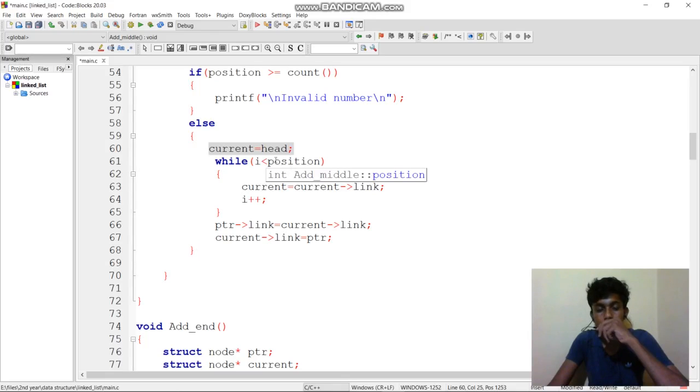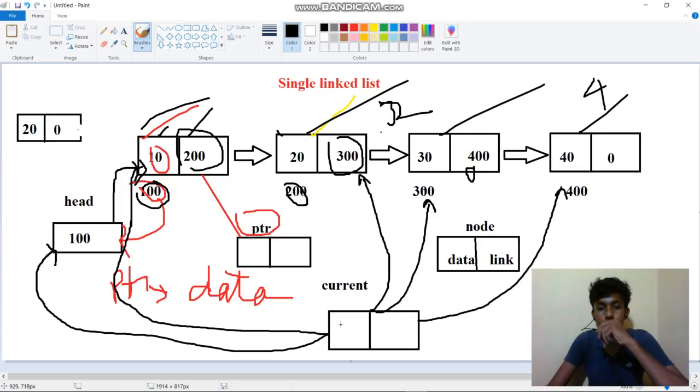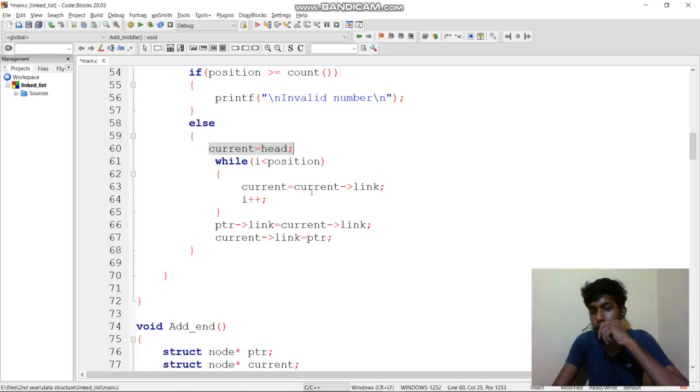So yes, it will go inside: current equal to current of link. The current stores the second node's link address, then it points to the second. Now current is pointing to the second node.